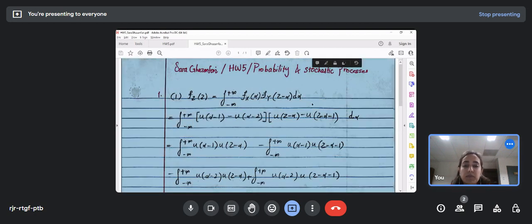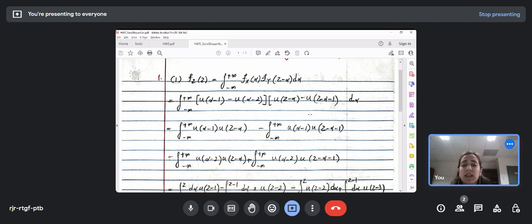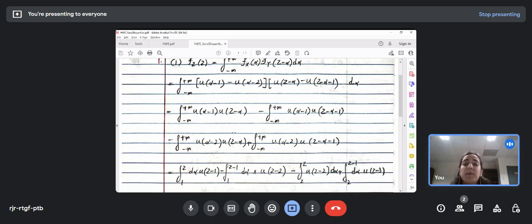And for calculating the integral, at first I do the multiplication here, 1 by 1, so I will end up having 4 integrals. And for each of them, for example, for the first one, we have